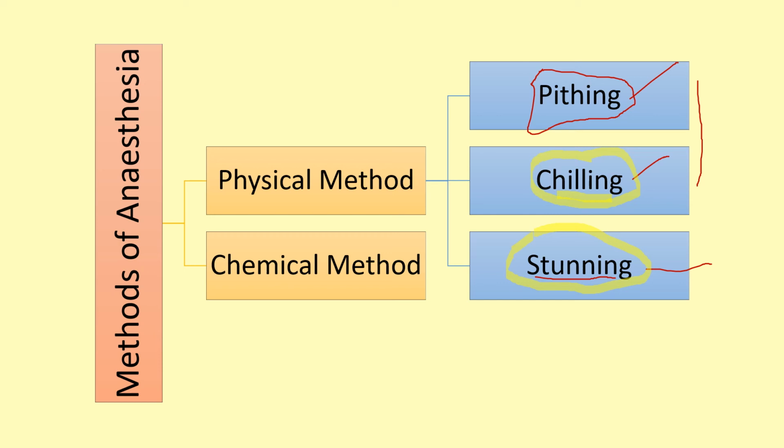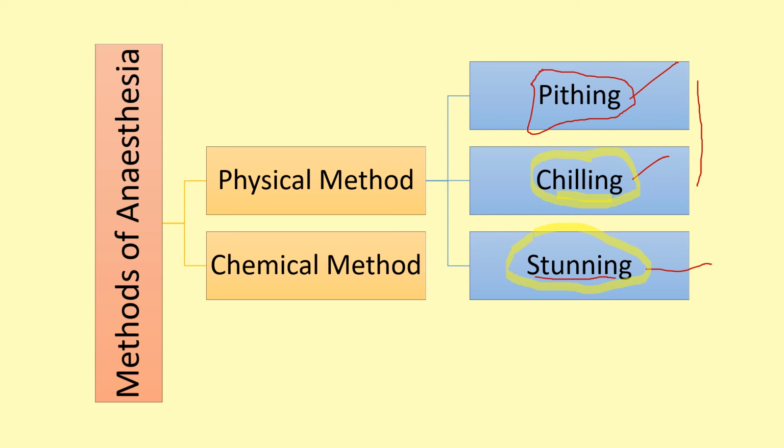Rabbit, guinea pig, rat, etc. I will hold it by the tail part, and in the portion between the brain and the neck I have to give a stroke. How will I give the stroke? By hitting it on a table, and immediately I will place the animal on a platform and I will pull the tail of that animal. When I am pulling the tail, I am dislocating the spinal cord. That is known as stunning method.